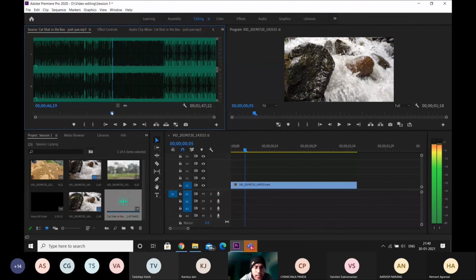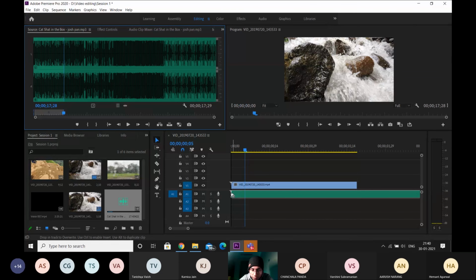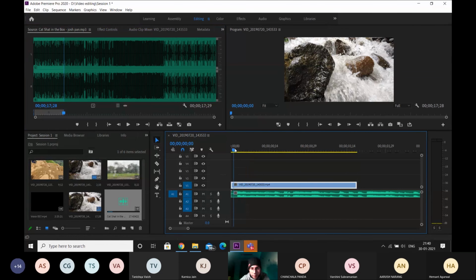So let's say I want to take the audio from the beginning. I press I and I want to end over here. I press O. And like we dragged video, when we hover over this, it says drag audio only. Double click on this, drag the audio. So now when I play this,